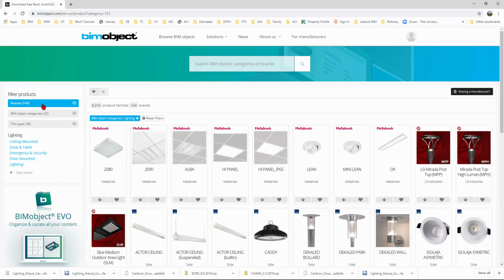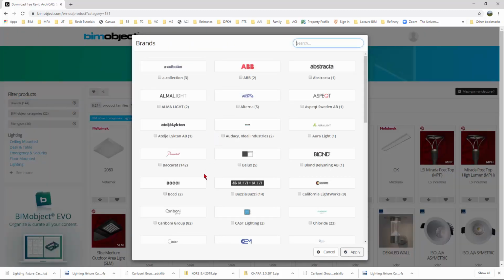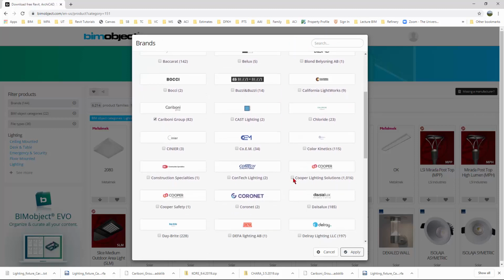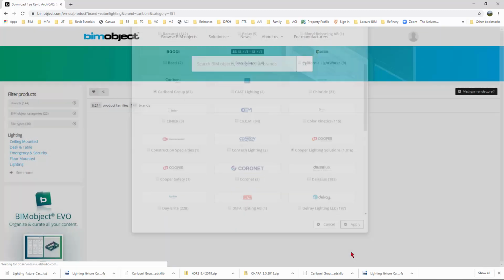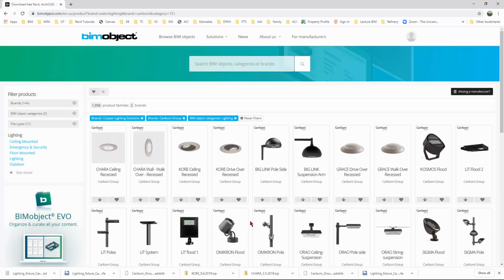And then I'm just going to pick a couple of brands that I know I want to look at. So I'm going to pick this Caraboni group here. And I think the other one I want to do is Cooper. So we'll do those two and apply. So it's just going to filter those guys down. And what I'm going to do is download this first recessed lighting. So we're going to do a recessed and a suspended. So I'm going to go to the download object here,